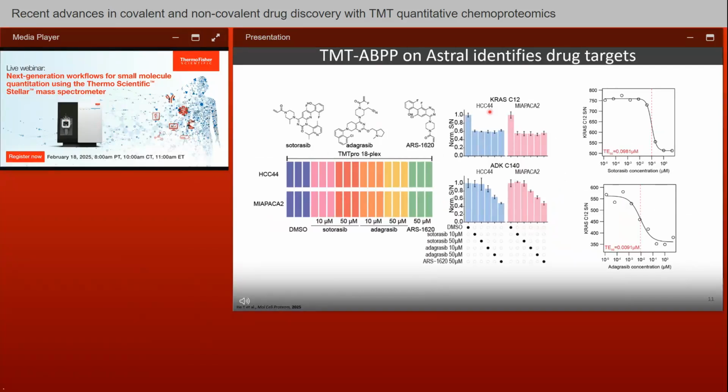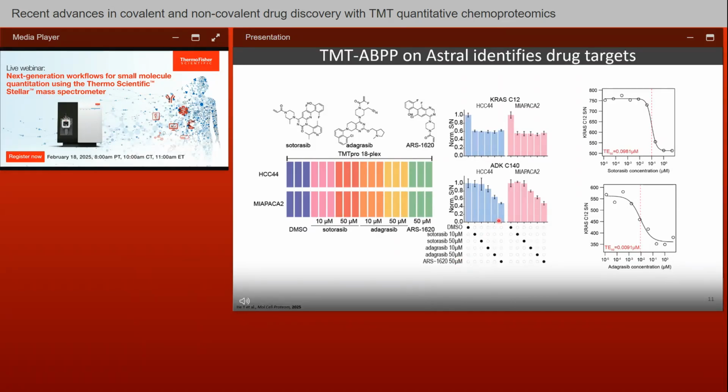And then we can also use it as a way to identify drug targets. Sotorasib and adagrasib are two FDA-approved KRAS G12C inhibitors, and KRAS G12C is a common mutation in many different types of cancer, lung cancer, colon cancer. ARS-1620 is an experimental molecule that targets the same site. So we see nice engagement on KRAS G12C in two different cell lines, and also at higher dose, you do see some off-target effect, but you don't have to worry about it because you have to use micromolar, which is not really going to be used